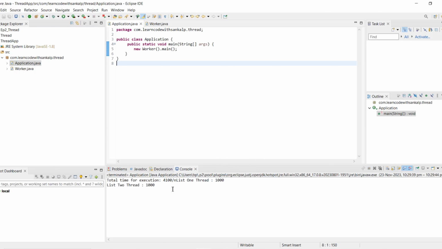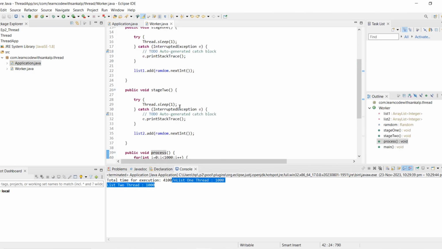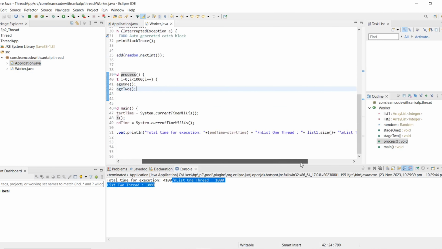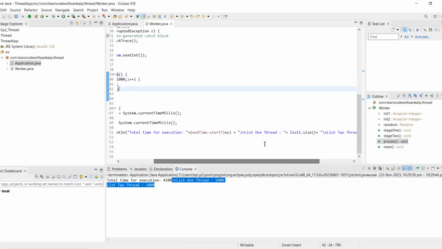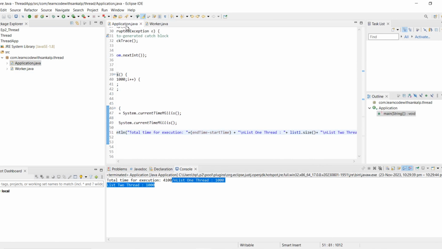See guys, the total time of execution is around 4100 milliseconds, means around 4 seconds. So 1000 elements in list one and 1000 elements in list two. Why is this happening? We have to see.